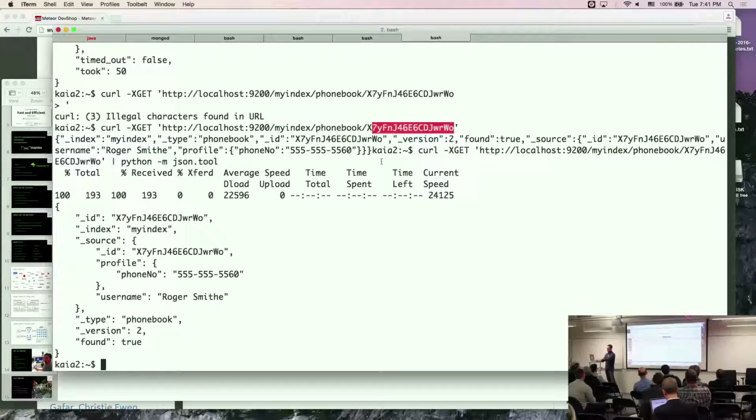When you're updating, you're doing something similar, except you're doing post. And in the end, you'd be doing something like update and then passing it the data that you want in JSON format as the data. If you want to remove a record, actually, if you want to delete an index,